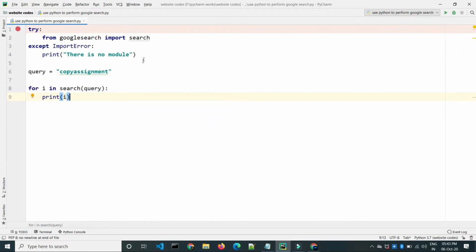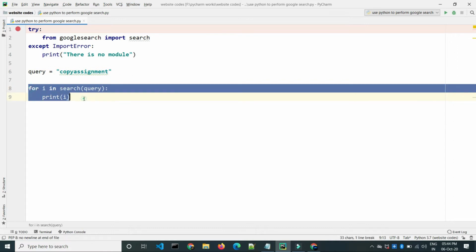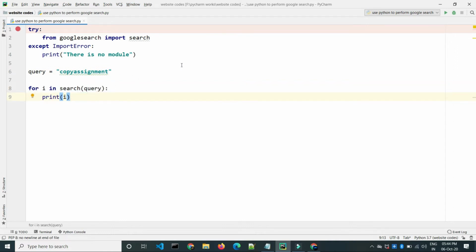So what we did here, we created a variable with the name query and inside that we are storing copy assignment. Copy assignment here is the keyword which we want to search on Google. So anything you want to search using Python, just type it inside the query variable and apply the for loop. Let me run the program.